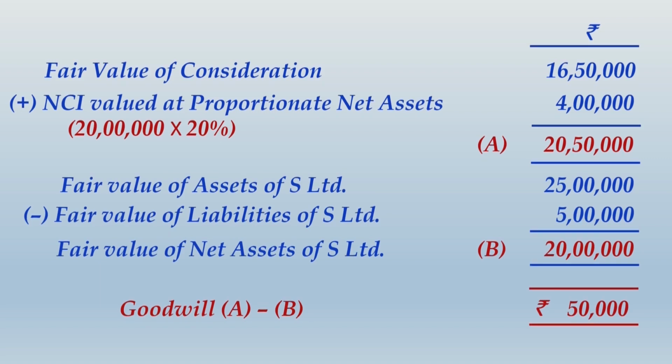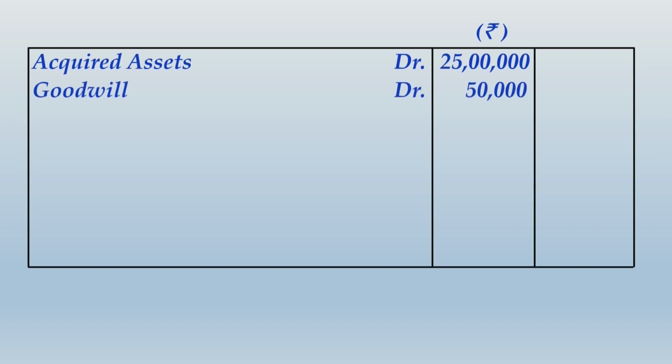Alright friends, you would have finished writing these calculations. Let us move ahead and write up the accounting entry on the date of acquisition. So after acquiring the investments, if you are going ahead with the consolidated financial statements, it is this accounting entry that you will pass. So what you will do is, the assets of subsidiary company will be debited. So acquired assets debit at their given value 25 lakhs. The resulting goodwill which is arising on acquisition will also be debited.